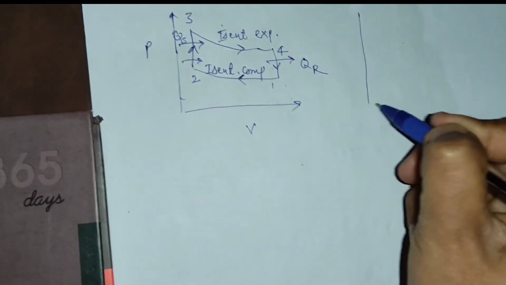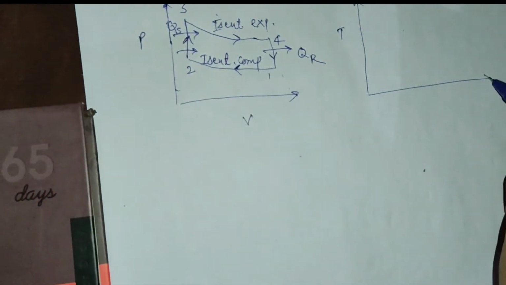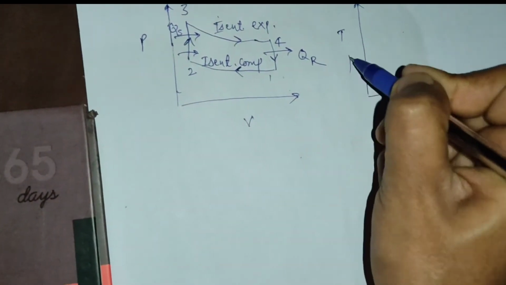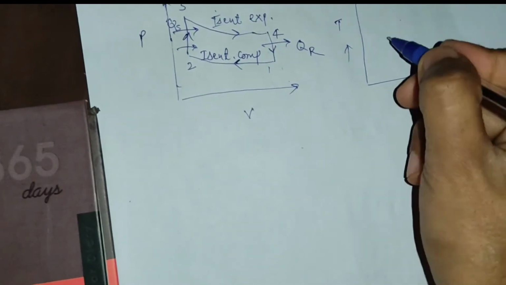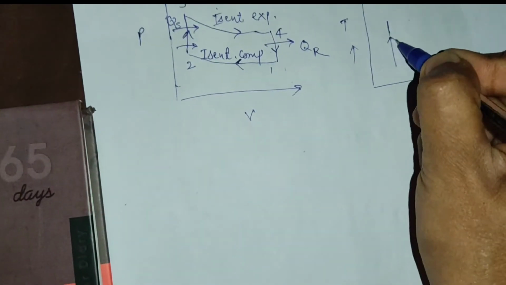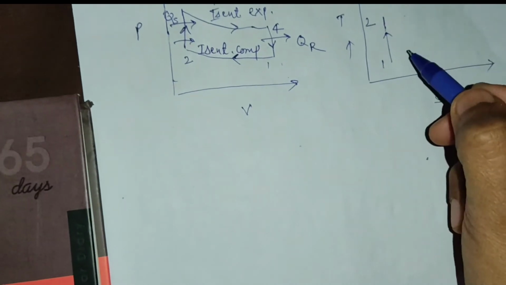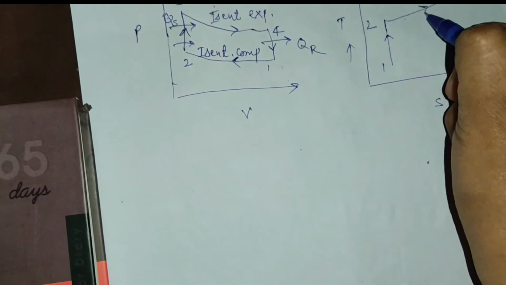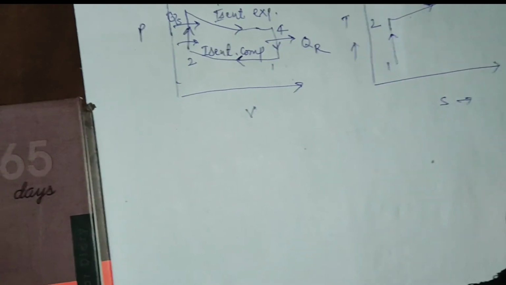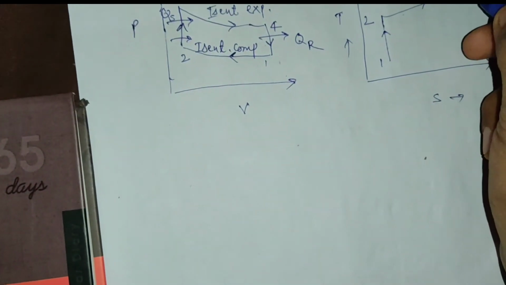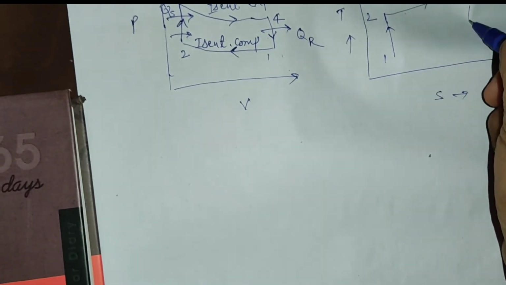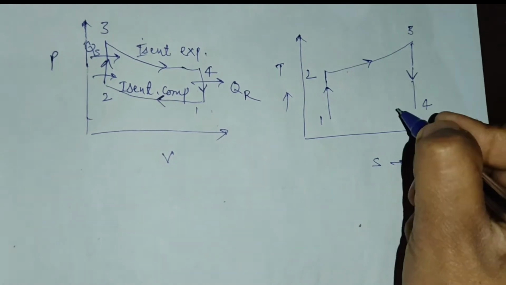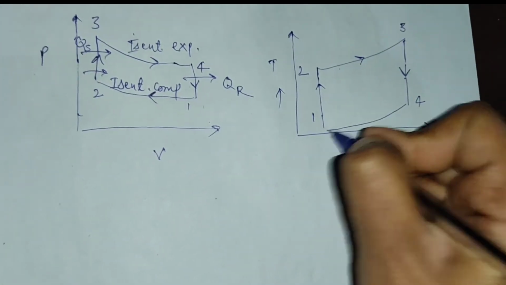Now I will draw its TS diagram. 1 to 2 is the isentropic compression, so this will be shown here like this. 2 to 3 is the constant volume heat addition process, and 3 to 4 is again an isentropic expansion process, and 4 to 1 is again